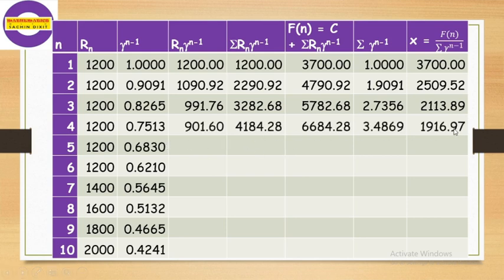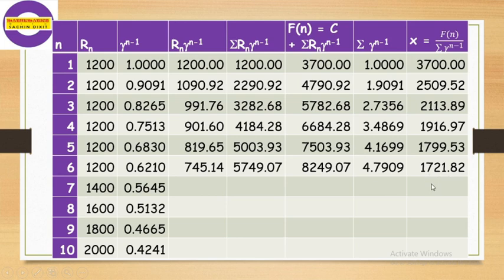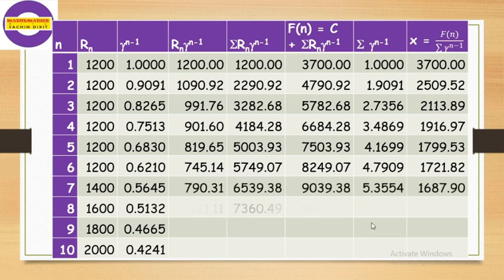In a similar way, we have to take the calculations for the fourth year. These are some calculations you may take yourself. You may take time to find out these values or check these values. But if we get these values and observe this average cost, it starts decreasing. For the fifth year, we get these values, and here also it starts decreasing. For the sixth year, again it starts decreasing. Here it is 1799, here it is 1721. So come to the seventh year, come to the eighth year, obviously it keeps decreasing. Still it does not start increasing.